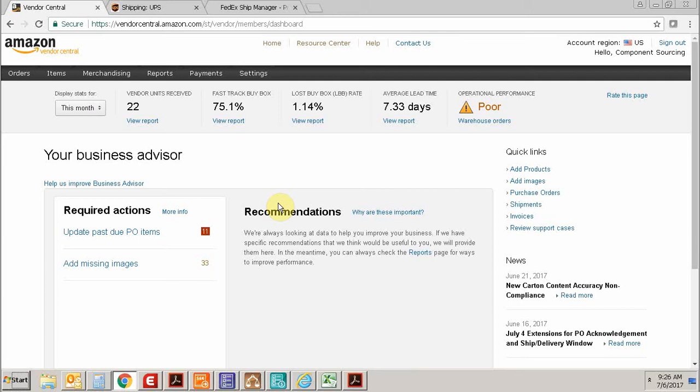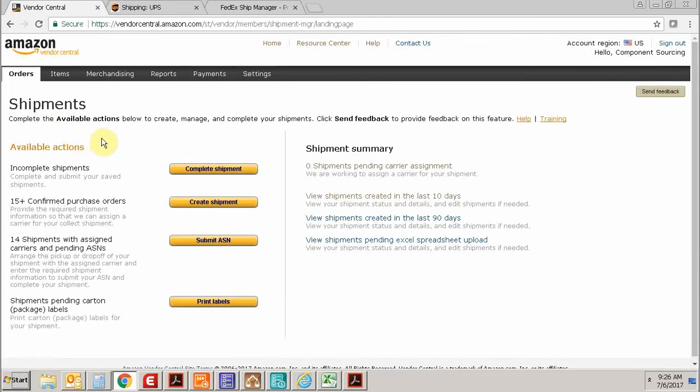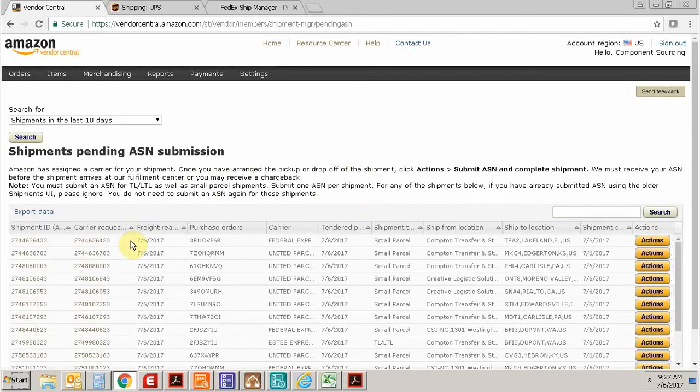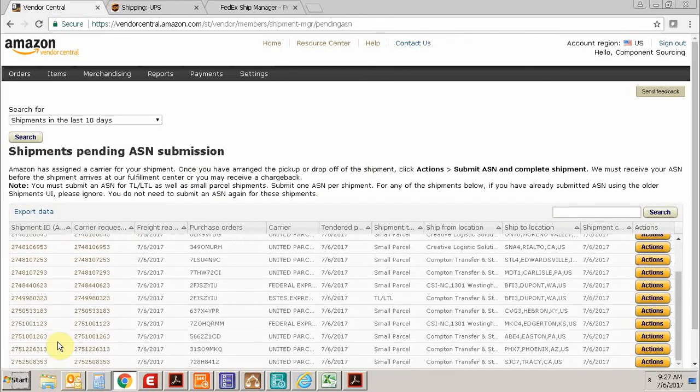gets the product, they're hitting it with a scan gun and it's getting more and more automated on their side. That's why each box is going to have an individual ID number, and we're actually going to connect it with the tracking numbers. So we have what's called an advanced shipping notice, where we're telling them the tracking information. So we're going to try and submit one today, and I've got one picked out that is a pretty good example. It's actually